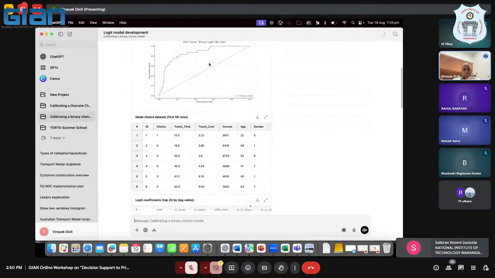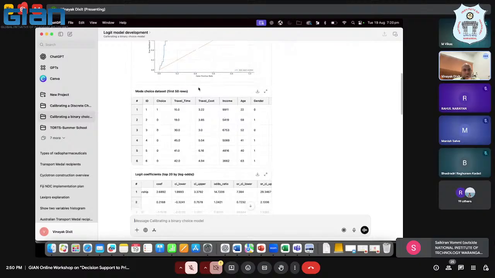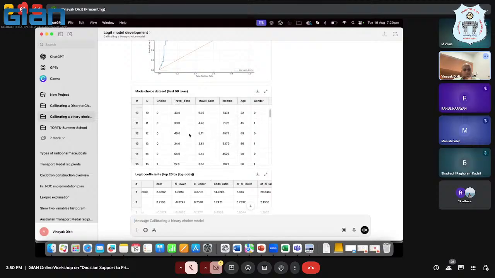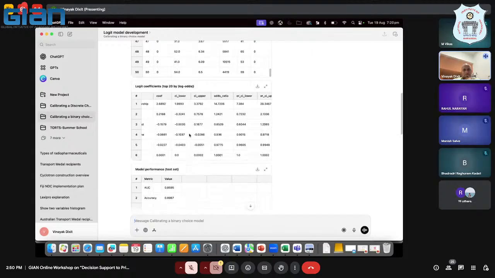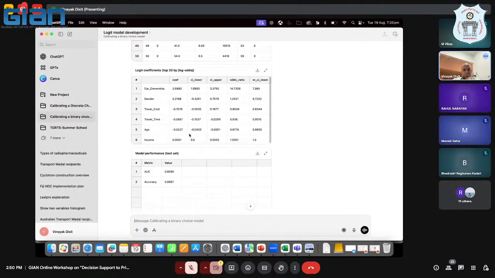Okay, so my model has run. This is based on, I think it has only used the first 50 rows of the data set. But